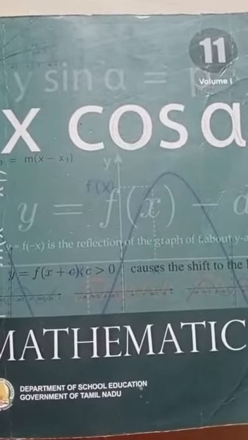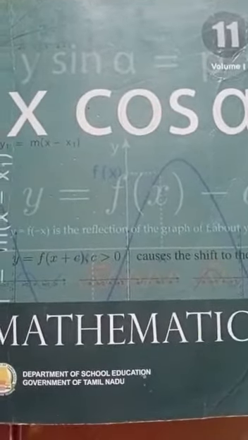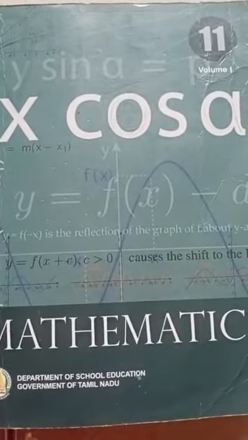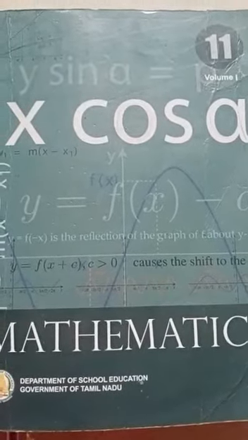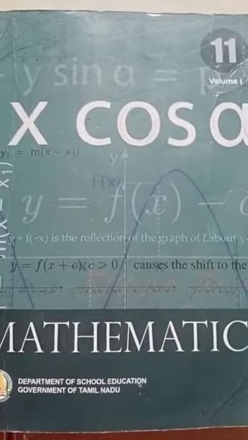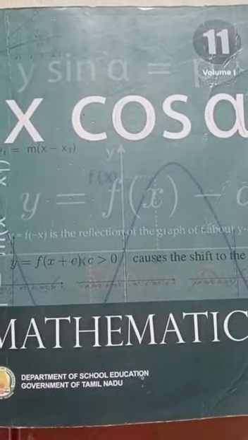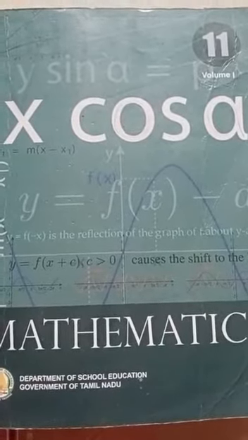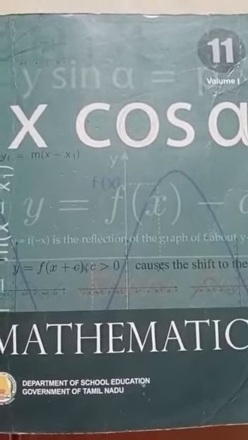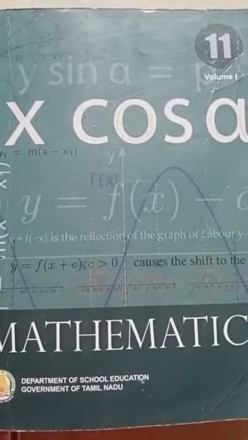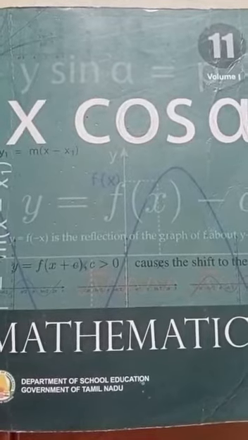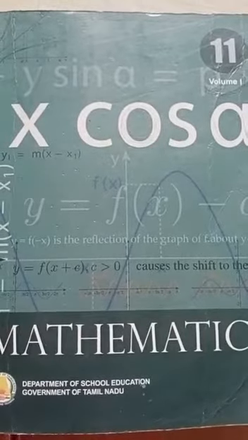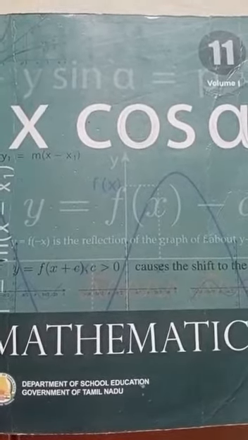Say, in today's class, we are going to learn about combinatorics. That's from chapter 4. Chapter 4 is combinatorics and mathematical induction. We are going to learn only about the combinatorics. That is the fundamental. The first thing is the fundamental principles of counting. There are three rules. The first one is the sum rule, then the product rule, then the inclusion-exclusion principle.